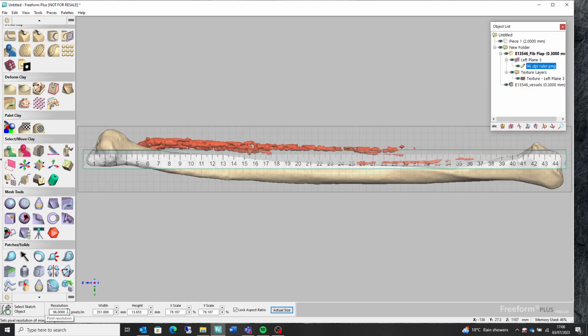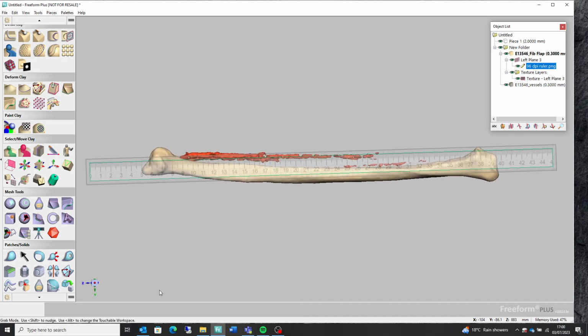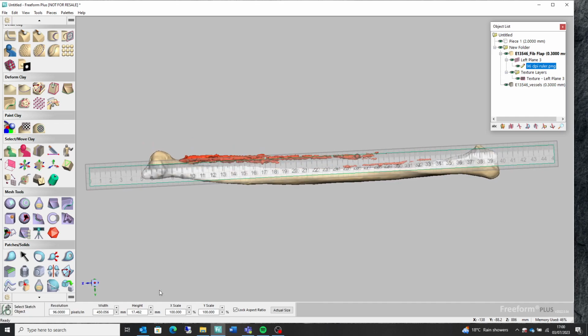And you can select the correct resolution, so I scaled this at 96 dpi. And I'm going to select actual size, so I've already scaled this correctly to 450mm long, which is the length of the image. This was created just using Photoshop and a standard image available on the internet. So once you've done that, you can go back to your texture,